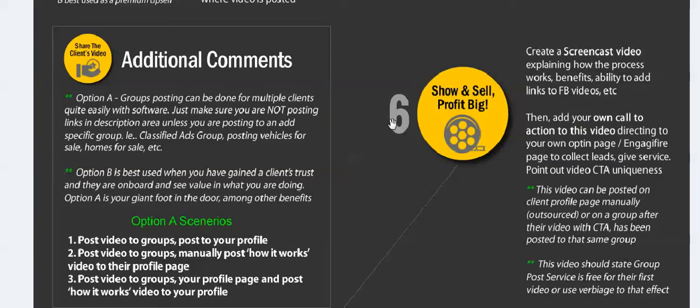Step 6 is we're going to show and sell. We're going to showcase what we do through a screencast video, walking them through the process on the benefits and the ability to post, that we can post their videos on Facebook groups, even to their Facebook pages and our page, of course. Adding our call to action, which would go to our web page with an opt-in form for them to get started, learn more about the service,